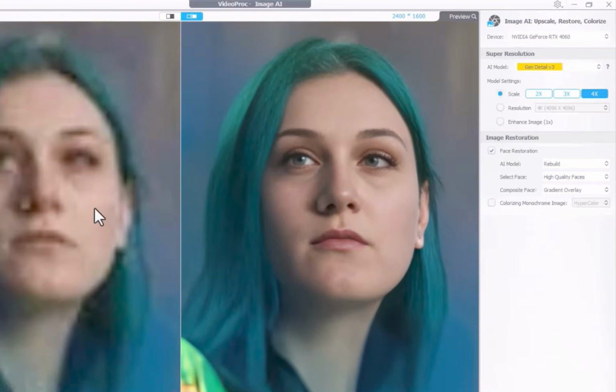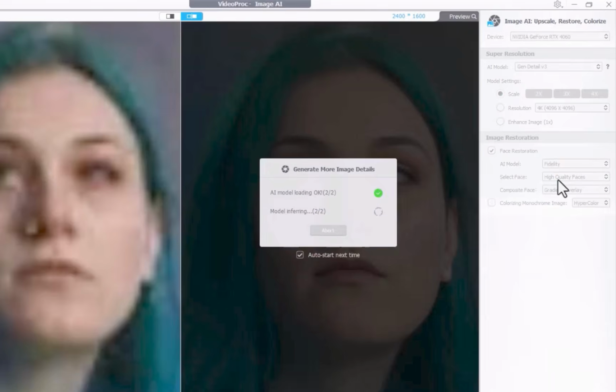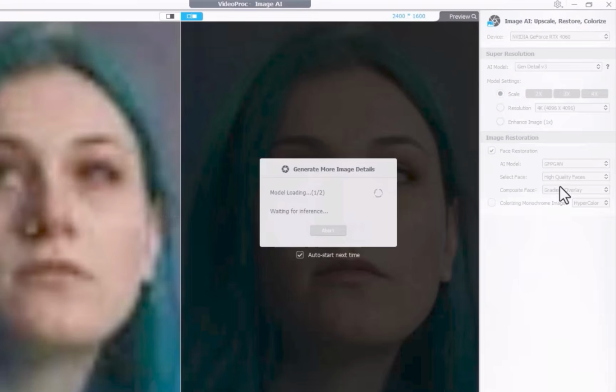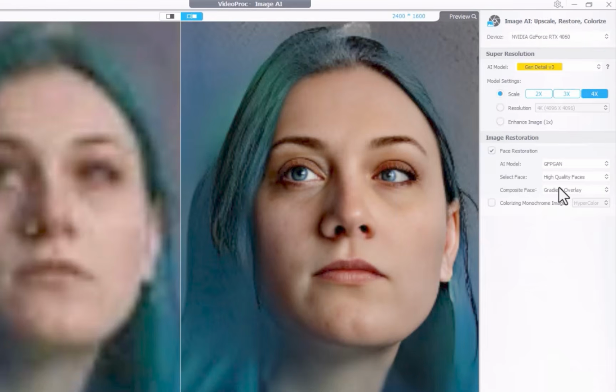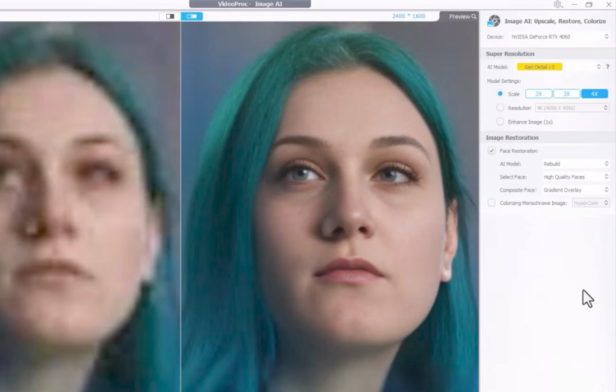The second model is called Fidelity. Let's switch over to that. And the third model is GFP GAN. To my eyes though, the best looking result by far comes from the default Rebuild model, and that's what I'd recommend for most cases. Looking at another example,